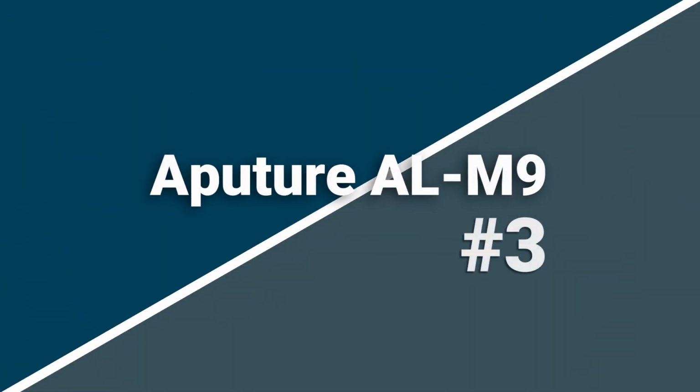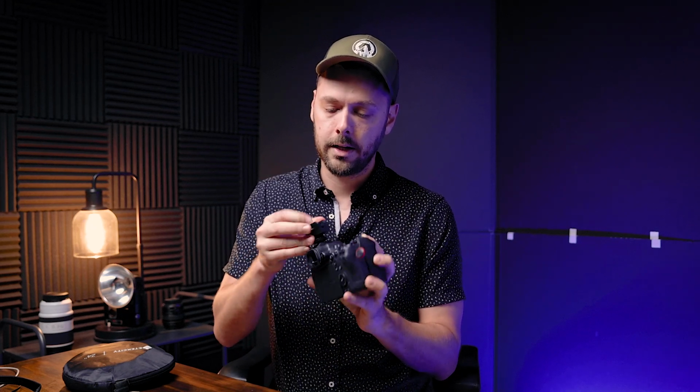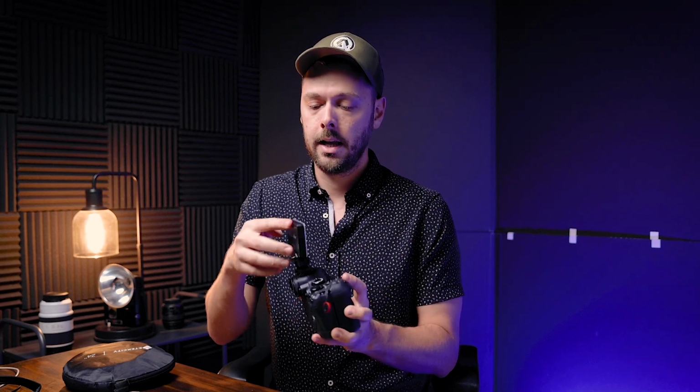The next one I have is an Aputure light. Now this light is freaking awesome. It is so freaking powerful and so small. Now this one specifically, they have a lot of versions of this. This is the AL-M9. They have another one that's multicolored, so you can actually have a whole color spectrum, which is even cooler. I think it's a little bit more expensive. This one specifically comes with a mount for your camera. So you take your camera, you can slide this right onto it, lock it down,